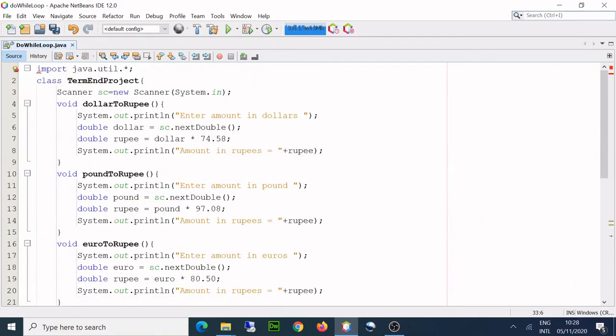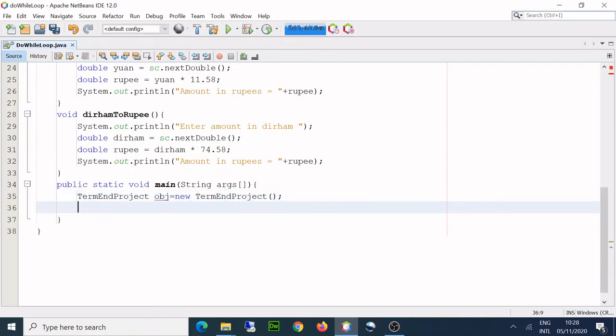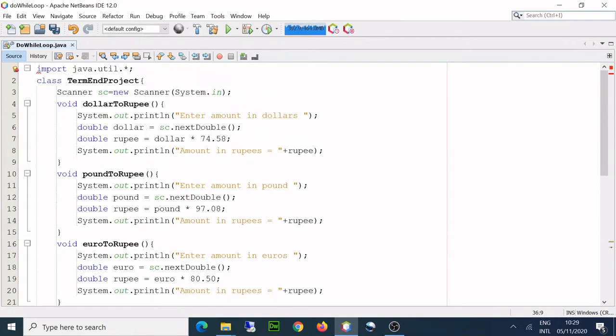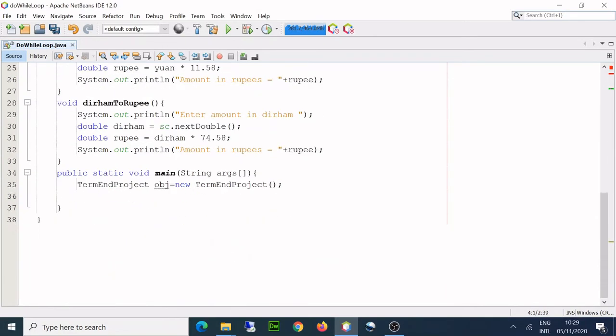So now, as you know, we have to make an object. So this is my class name. I'll just copy it, paste it here so that I don't make any mistakes. OBJ, again, this is a user defined name. You can give it whatever name you like. And this is my constructor. What I have to do is input here a choice, so I need a scanner here as well. I'll just go there, paste it. That's my scanner class.